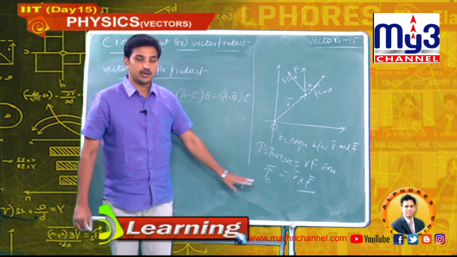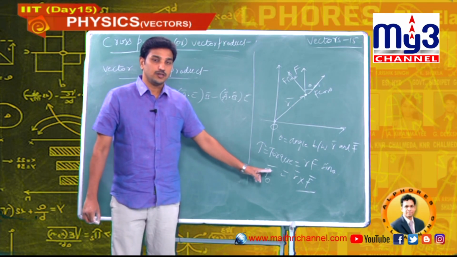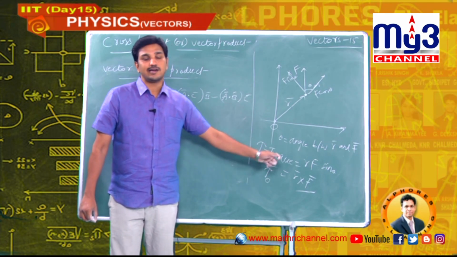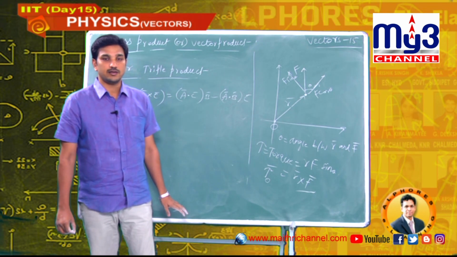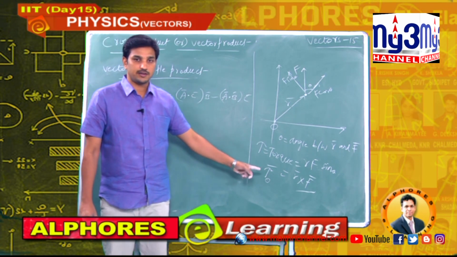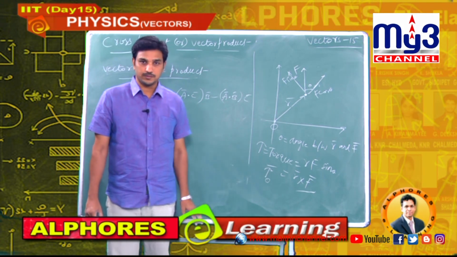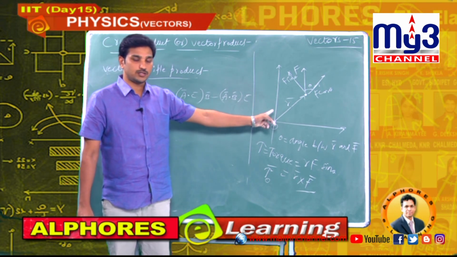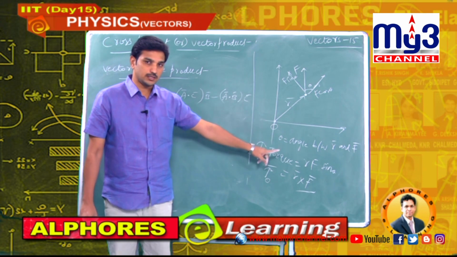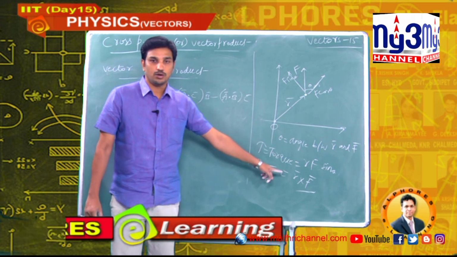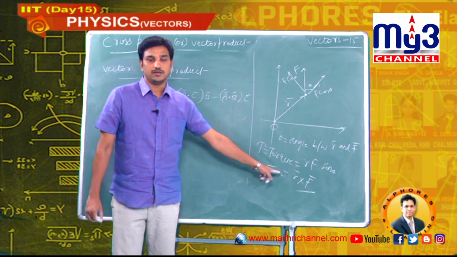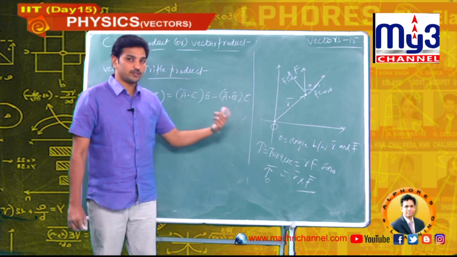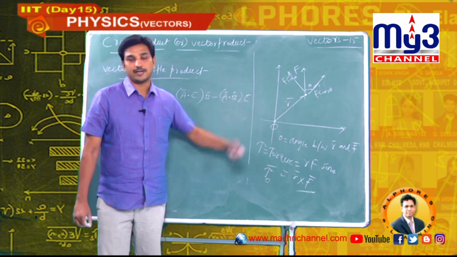When you are calculating the cross product, you should know from where we are calculating. You should trace out the reference. After taking the reference, we will calculate the cross product. Here in this condition, the reference is the origin. With respect to this origin O, torque is R bar cross F bar. You know how to solve the cross product. By using that method, we will try to calculate the torque of this particle.